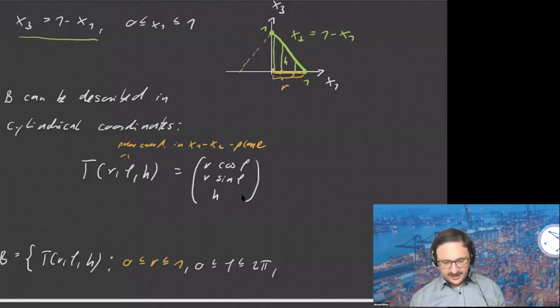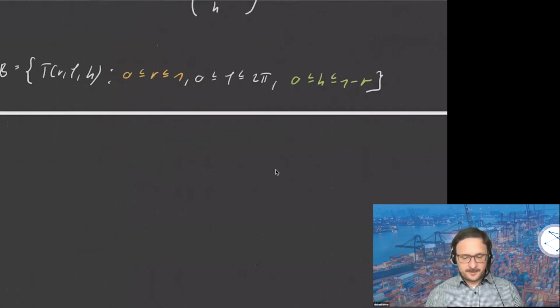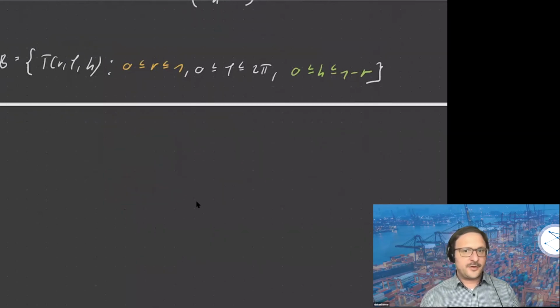Okay, so what we get for the height function is exactly that it is between 0, of course, and 1 minus the radius. Right? As we move outwards from the origin, the height decreases until it hits the 0 here. And as you move inwards, it increases until it hits 1 here. So that's exactly how we can describe this B in cylindrical coordinates. And that means all we have to do